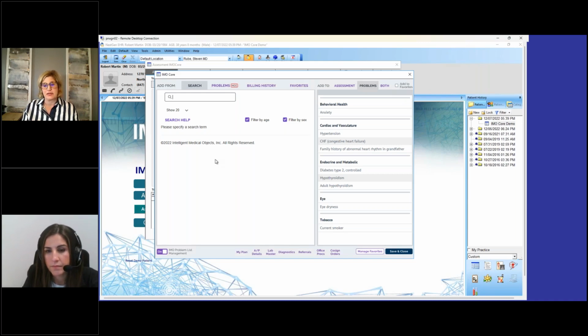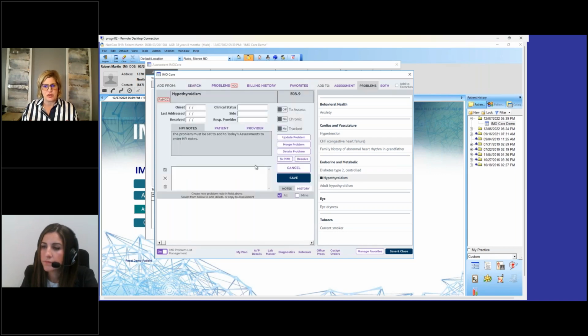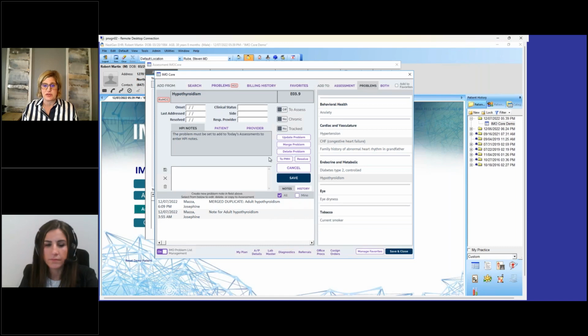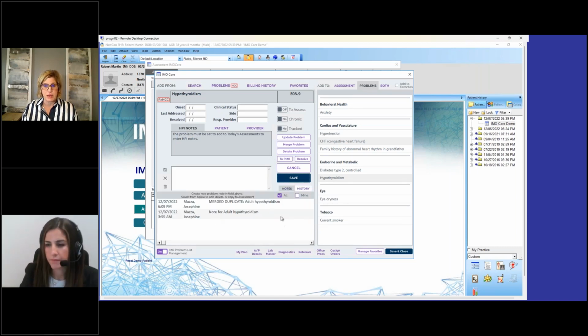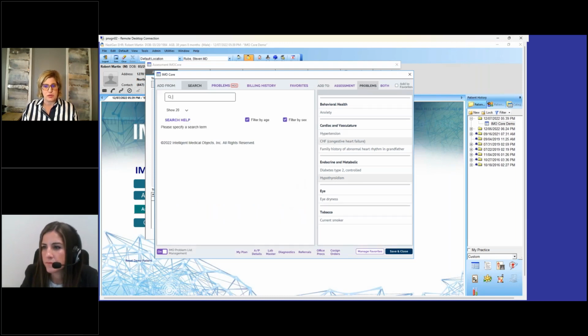Another aspect of it, if you see under endocrine and metabolic that she has hypothyroidism and adult hypothyroidism, well, I want to clean that up. I want to merge those together. It's the same diagnosis. So I'm able to merge them together. Again, an easy, efficient way to keep that problem list clean. And you have history down there at the bottom that you merged those two together. And then the next, if we look at her diabetes type 2 controlled,